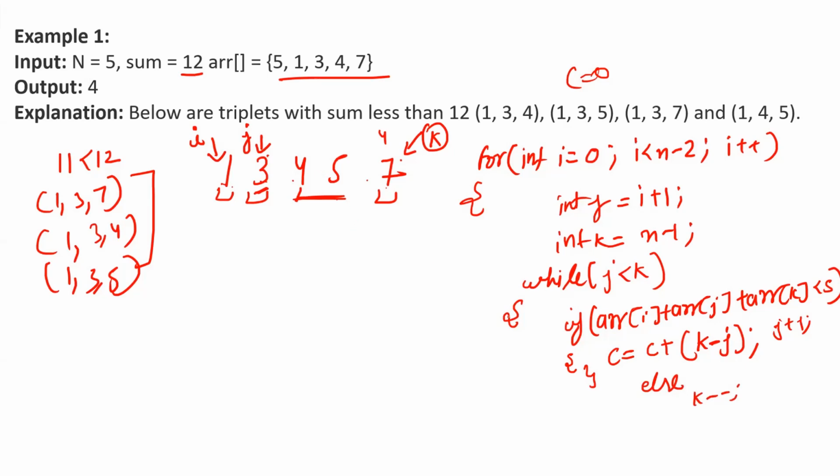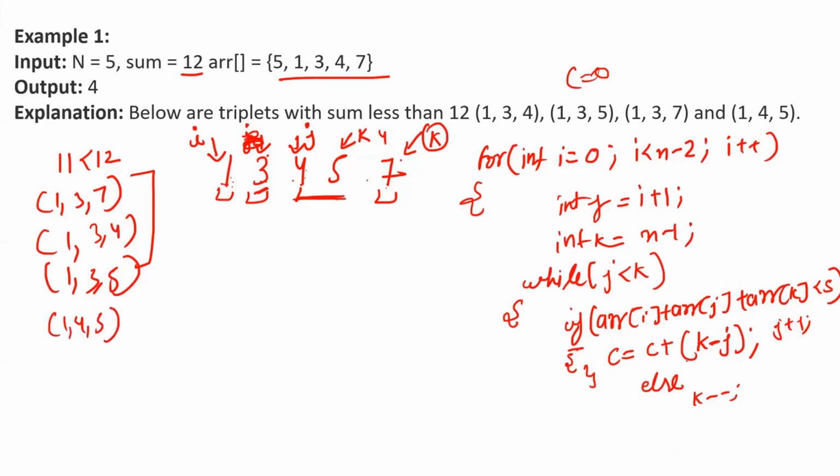Now, as the condition has been met, we'll be updating the value of j to this one. Now, again, we are going to consider the pair. So 1 plus 4 plus 7. 7 plus 4 is 11, plus 1 is 12. 12 is equal to 12, but not lesser than 12. So obviously this condition isn't satisfied, and the else part will be executed. So the k value will be shifted to here. Now, k is pointing to 5. Again, we are going to check. 5 plus 4 is 9, plus 1 is 10. Yes, so this is making a possible pair.